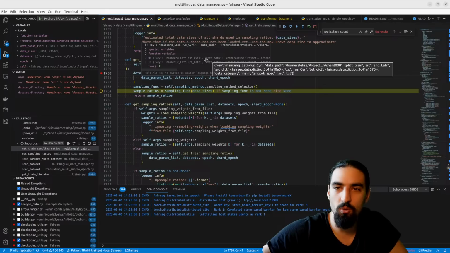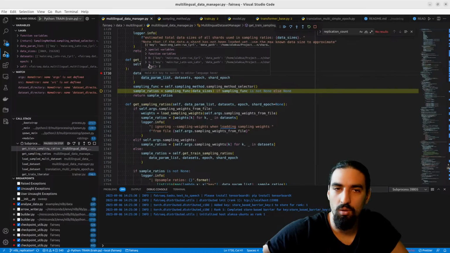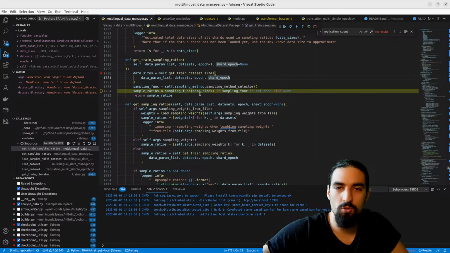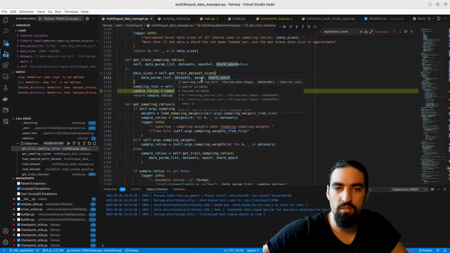So we've picked only these two directions. Shard 0. Let me expand this one. Train split. Okay, we have those two languages. Data sets as well.